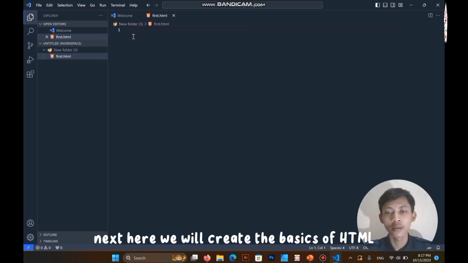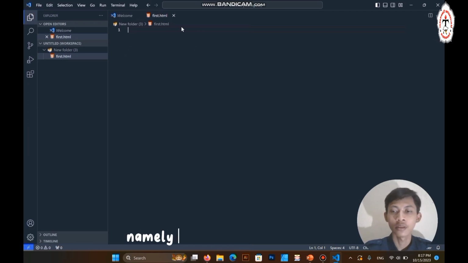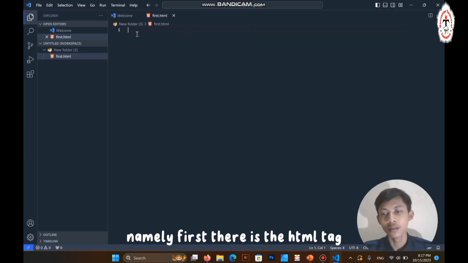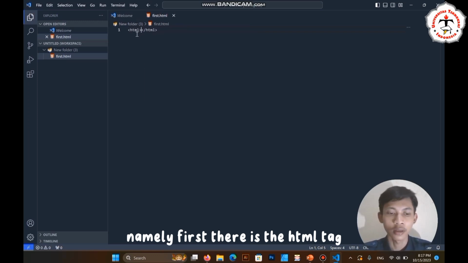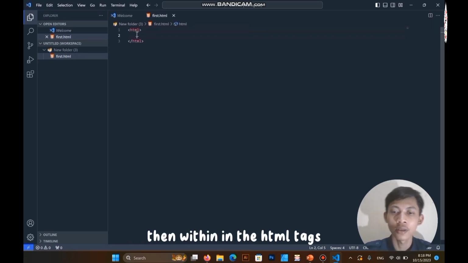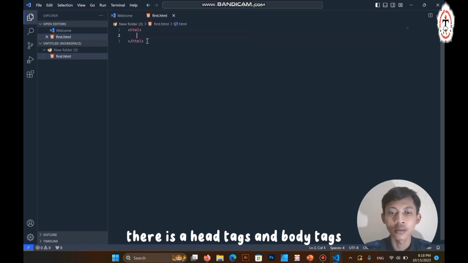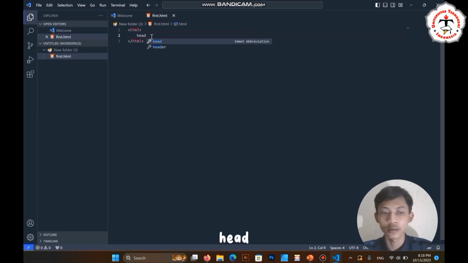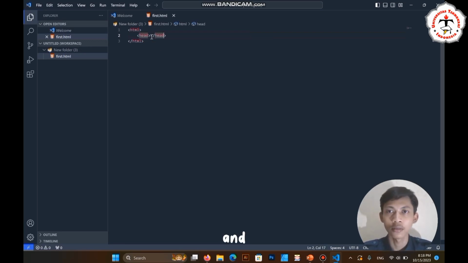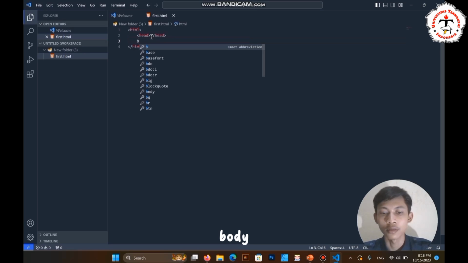Next, here we will create the basic structure of HTML. Namely, first there is the HTML text, enter. Then within the HTML text, there is a head text and body text. Head and body.